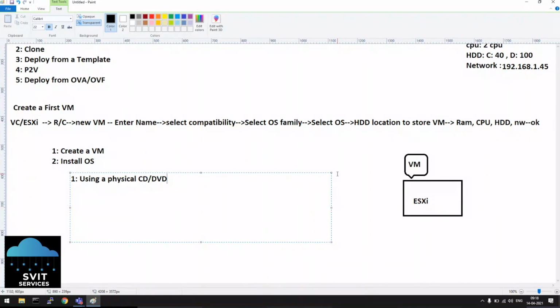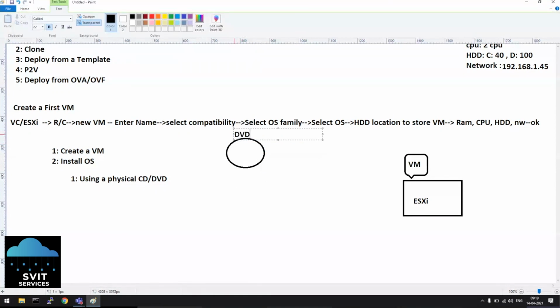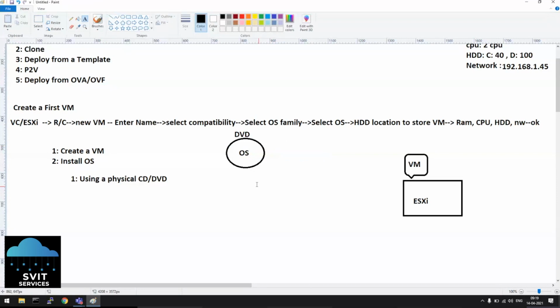Okay. So normally to install an operating system on a physical computer, laptop or desktop, we'll take basically a USB pen drive or a physical CD/DVD. This is a physical DVD, and it will have the operating system that was copied in it. Windows 2012, 16, Linux, whatever it is. So with this DVD, if you insert it in a laptop CD/DVD drive and then power on, the OS installation will start from this physical CD/DVD to the physical laptop or desktop.